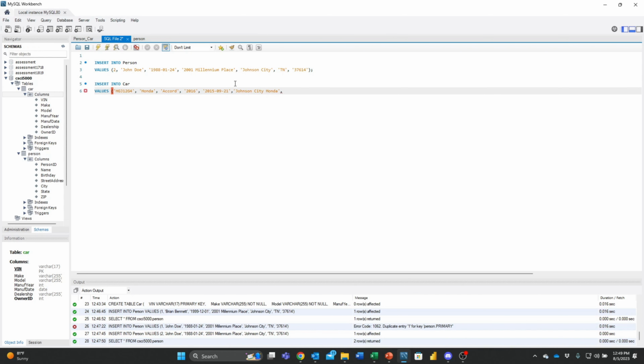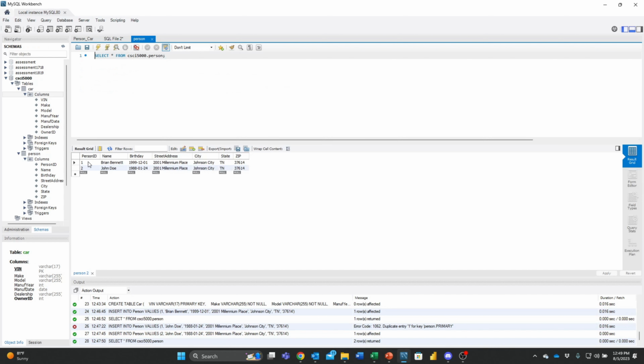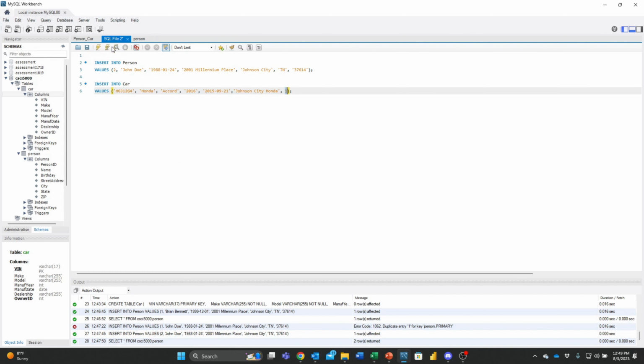And the owner ID, well, let's say that I own that car, so I have to point to person number 1 from that foreign key. This will indicate that I, in the person table, person number 1 owns the car HGJ12G4. Okay, so if I run this,